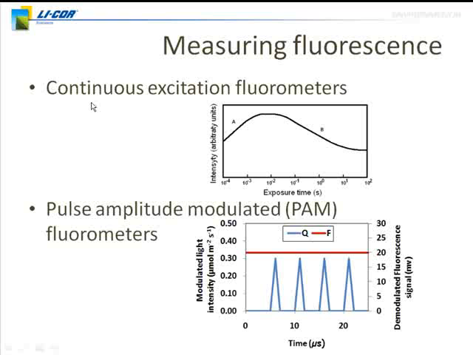The first type is a continuous fluorometer, and what this does is you need to have a black background or a black room where you have your fluorometer, and there needs to be no other source of red light except the red light that's coming from the leaf. And then this fluorometer has a detector that's specific to the emission wavelengths of fluorescence. This type of fluorometer is typically used to measure the Kautsky curve, which we see here in this figure. It is basically taking a leaf that's been